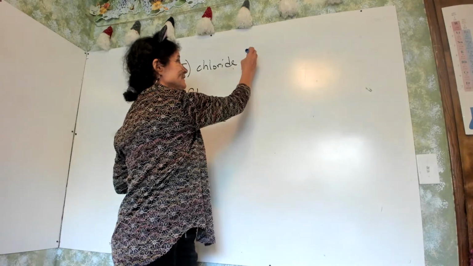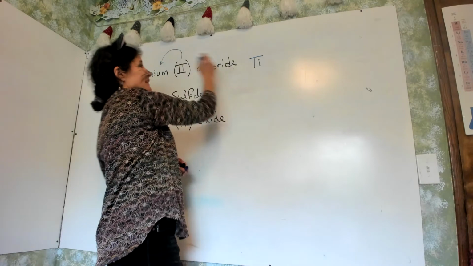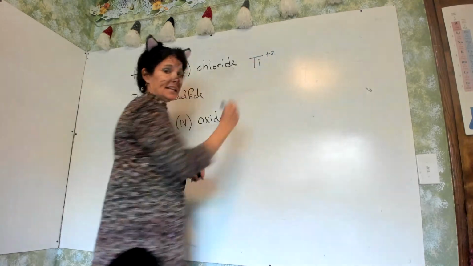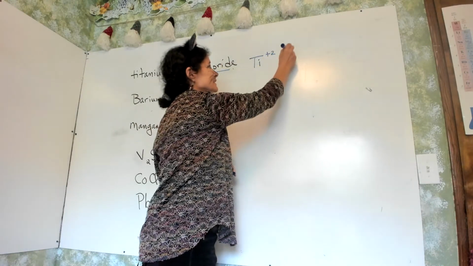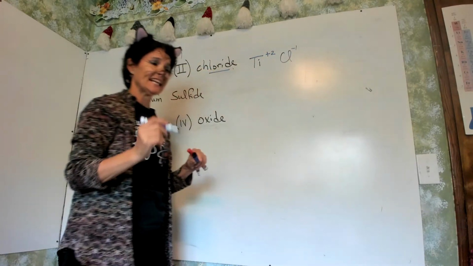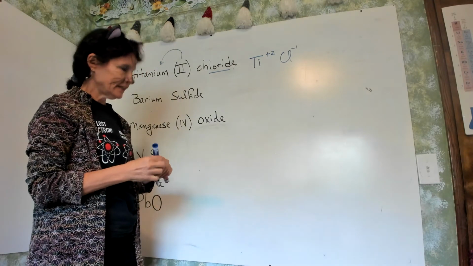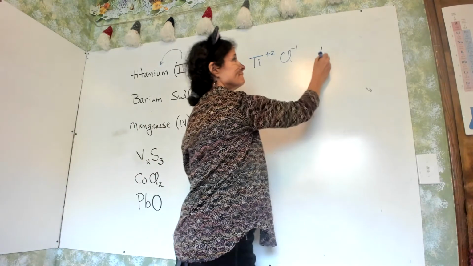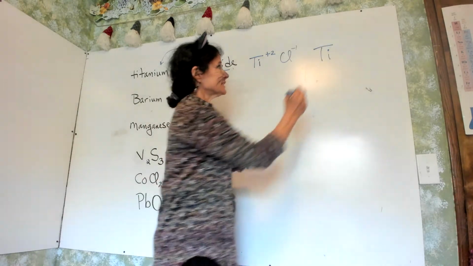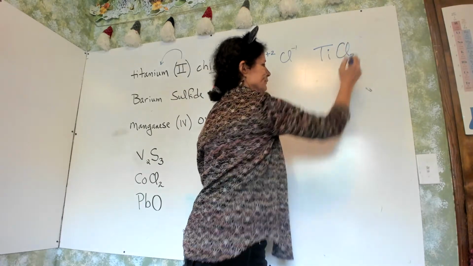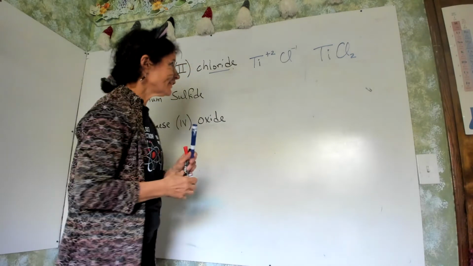Write your ions first. This 2 means the titanium has a +2 charge. Chloride is chlorine. It's a halogen. It has a -1. Let's go back and do this again and again after we go through it. So you put them together. The I has to be a little I when you write the symbols. And Cl2. I think I'm back in the glare. Can you see that? All right.